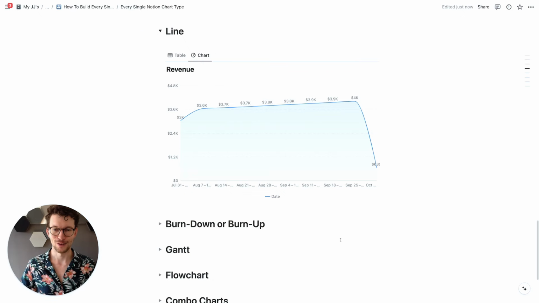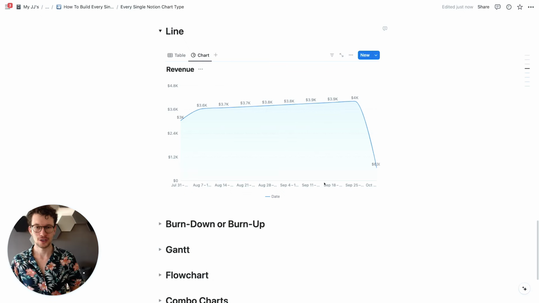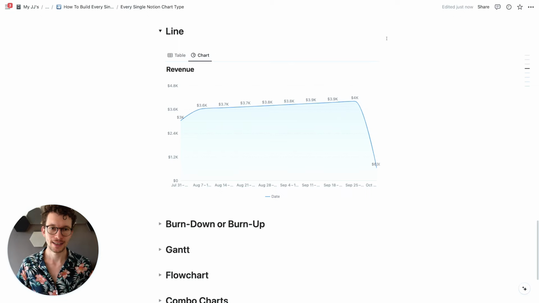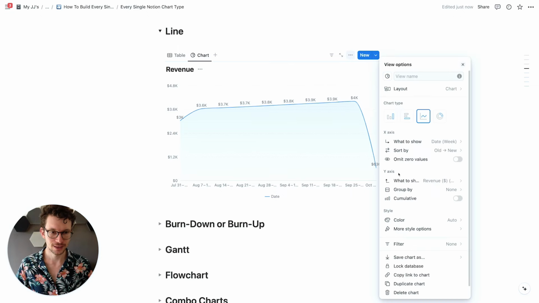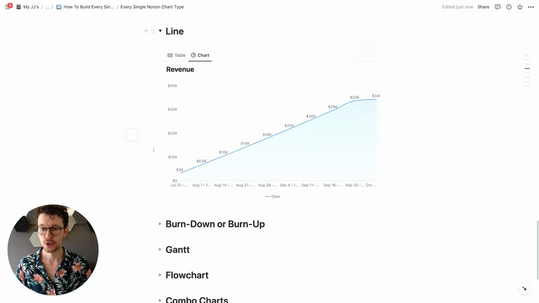Now, one small tip for line charts, in case you actually don't want to visualize the trend over time, but more like how something accrues over time, you can turn on a really cool toggle called cumulative. And this then, instead of showing you the individual values, will show you how the total increases. So in particular for the revenue, it will tell you, okay, how is your total